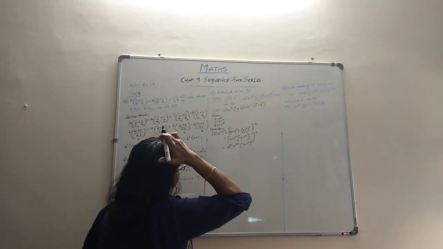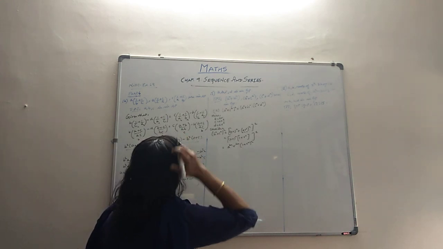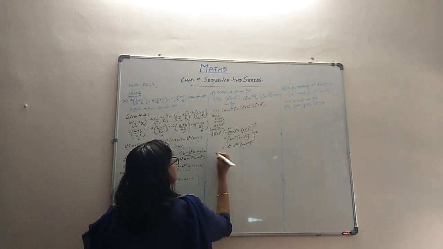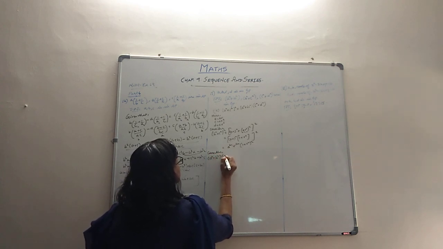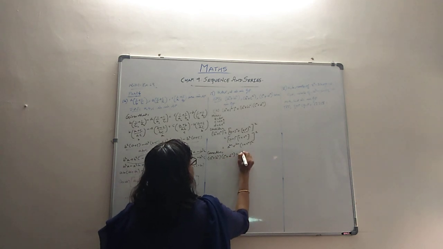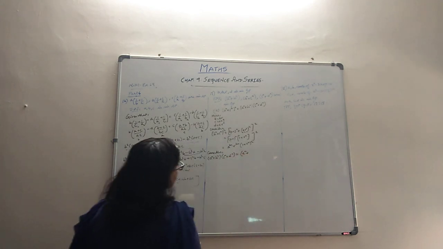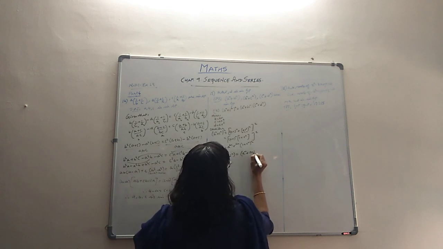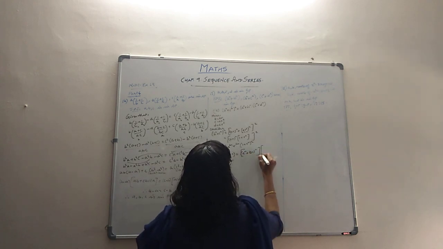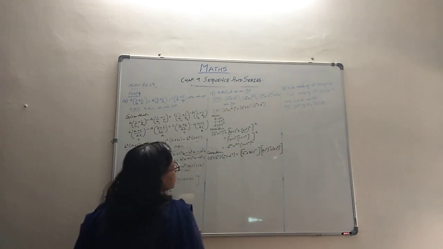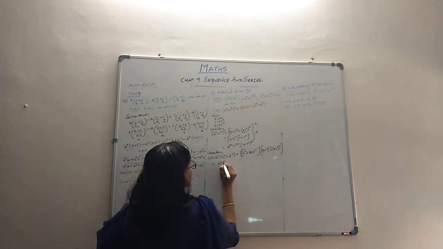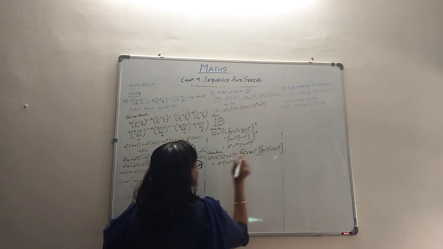Then we can consider the RHS also, that is A raised to n plus B raised to n, into C raised to n plus D raised to n. Now A raised to n nothing can be done, it will stay as it is, but B raised to n can be called (AR) whole raised to n. Then we have C raised to n, which is (AR squared) raised to n, and D raised to n means (AR cube) raised to n. In the first bracket A raised to n can be common, so we are left with 1 plus R raised to n. That's about this.